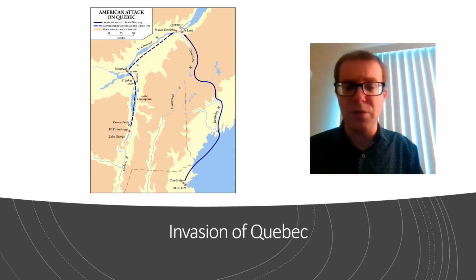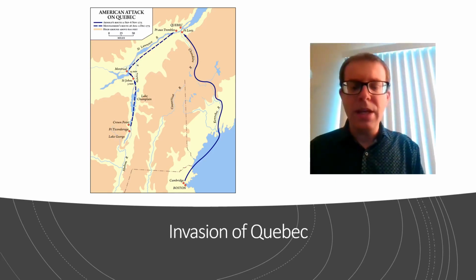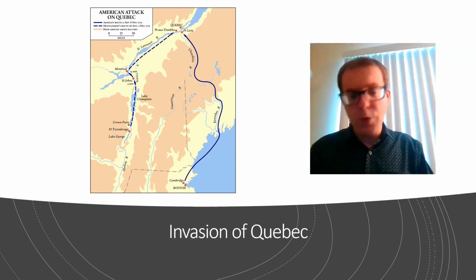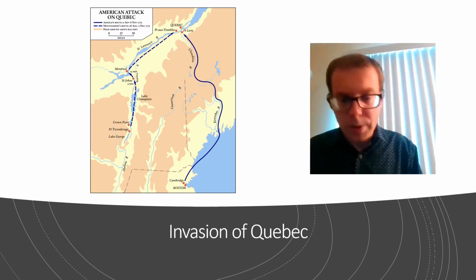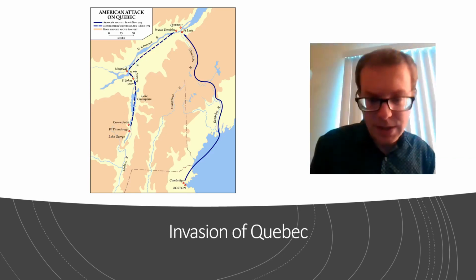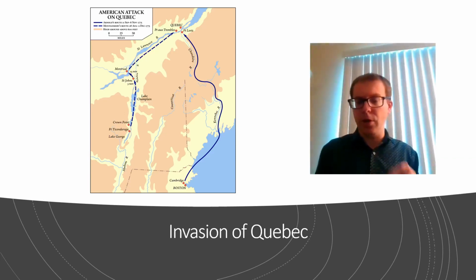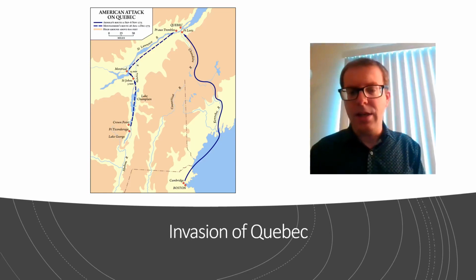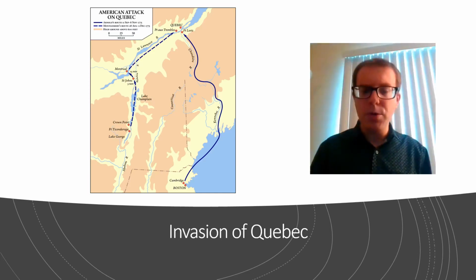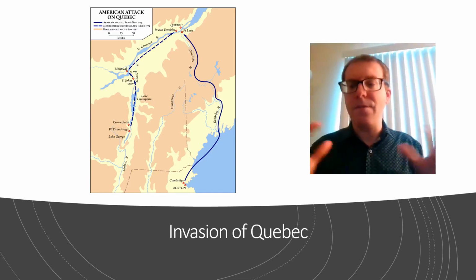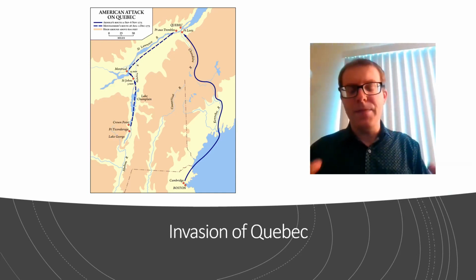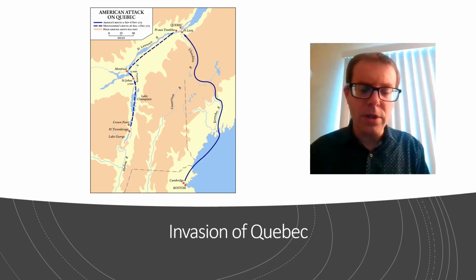They have huge issues with supply, and they really underestimate the willingness of the French population of Quebec to revolt against the British. The French population doesn't actually share the same grievances as the American colonies in New England, and with a combination of British regulars and Canadian militia, the British are able to expel and defeat this American force. So this is an early defeat for the